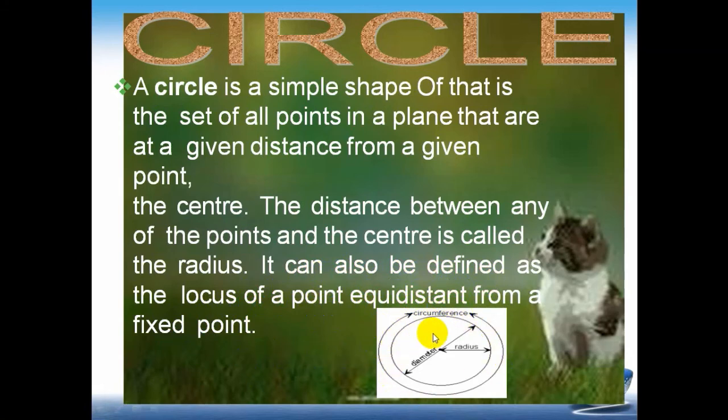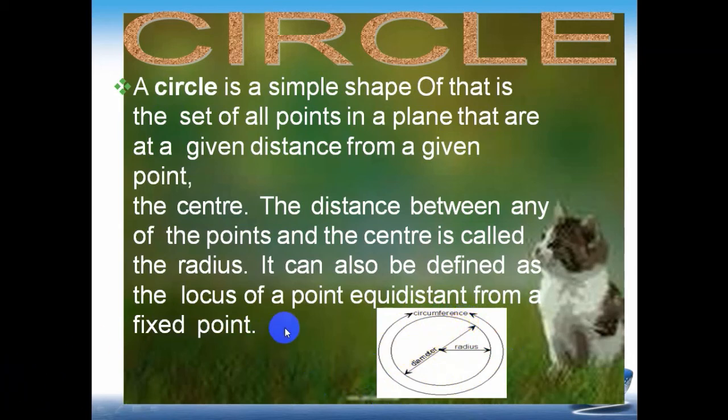We have already discussed the circle in the last video lectures: how to construct a circle and what the characteristics of a circle are. A circle is a set of points that are equidistant from a fixed point. Suppose you see over here, this is the fixed point, which is called the center of the circle, and all other points are equidistant from it. So this is called the circle. The characteristics include diameter, radius, circumference, area, tangent line, and secant line.